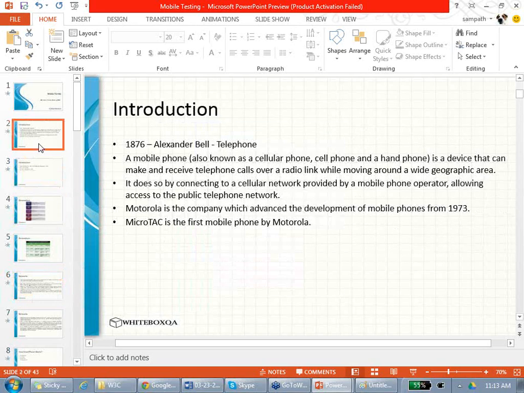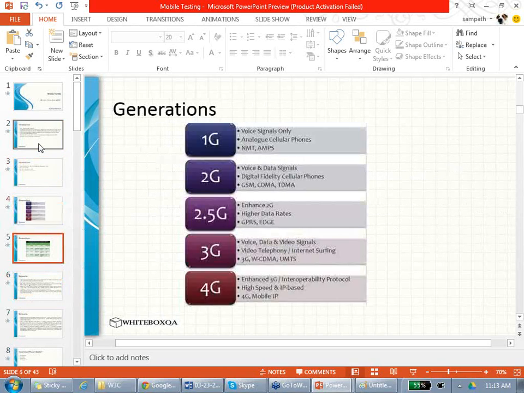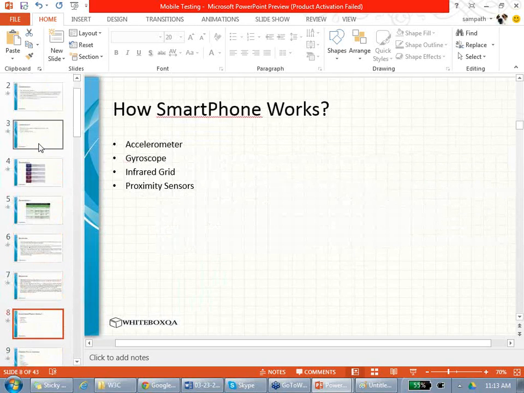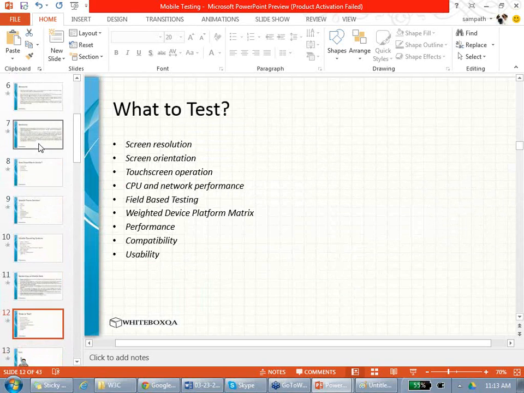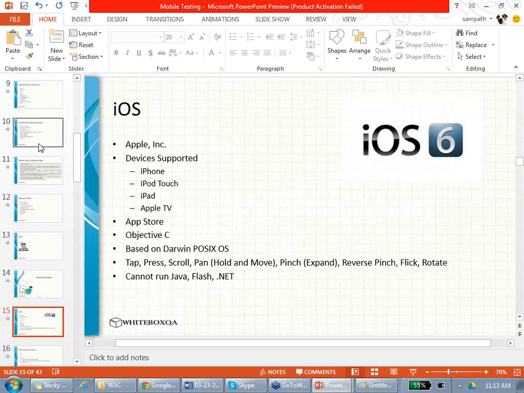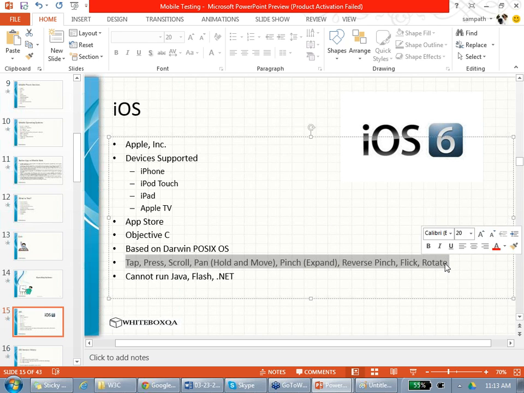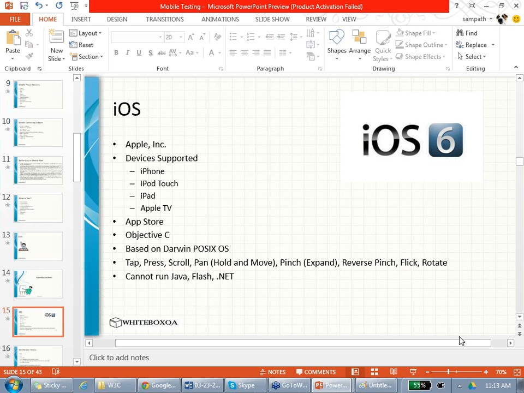On every phone, you can do the following things. Let's see what they mean. Tap. What is tap? Single click. You can do double tap. What is press? If you go and press on that icon for a while, it will ask you to remove that icon. That is called press. Scroll.